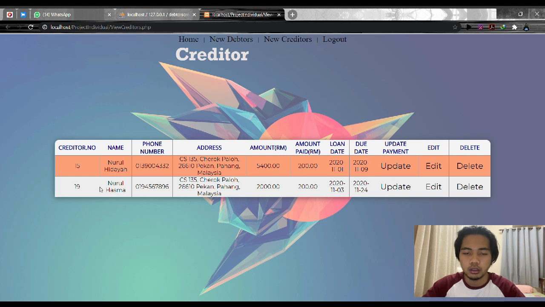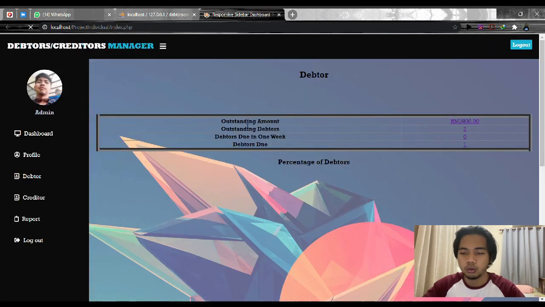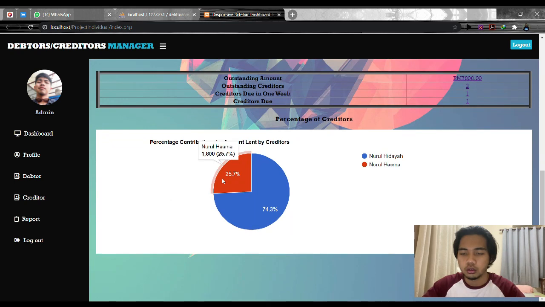And you can see Nurul Hidayah and Nurul Hasma have been paid 200. And we can see the dashboard. So let's see, the original amount of Nurul Hasma is 2,000, and when we minus 200, the pie chart captures 1,800.